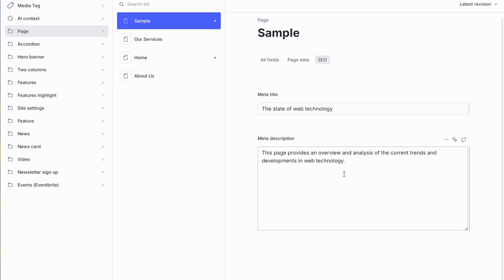Now, another thing that I wanted to show about the Sanity Studio is that we can integrate basically any type of content coming from anywhere. Like say we have an event section, but the events, you don't want to publish them directly on the website. You want them to come from, say, Eventbrite. We can create a component that pulls from the Eventbrite API and show it on the website,